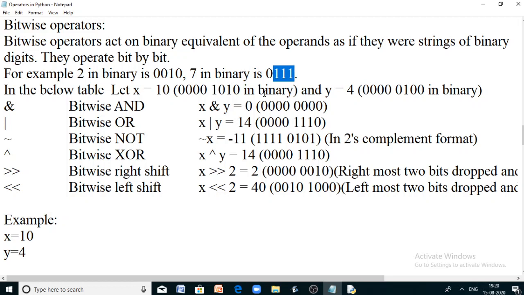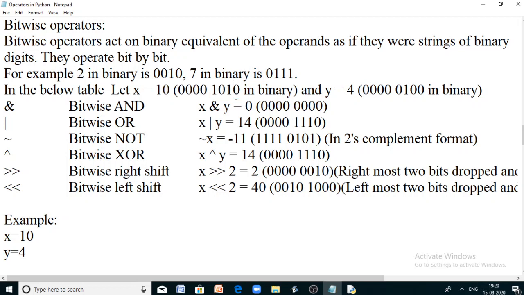Now, let us discuss the operators with two examples. Let us take x as 10. So what is the binary equivalent of 10? How can you get 10? 10 is actually 8 plus 2, right? So this is 1, then this is 2, then this is 4, and this is 8. For the locations of 8 and 2, you have 1 here. In that case, you can add the weight values 8 and 2, and you'll get 10. For all the remaining places, you will have 0. So 0 plus 8 plus 2, all remaining places 0, then 8 plus 2, it is 10.